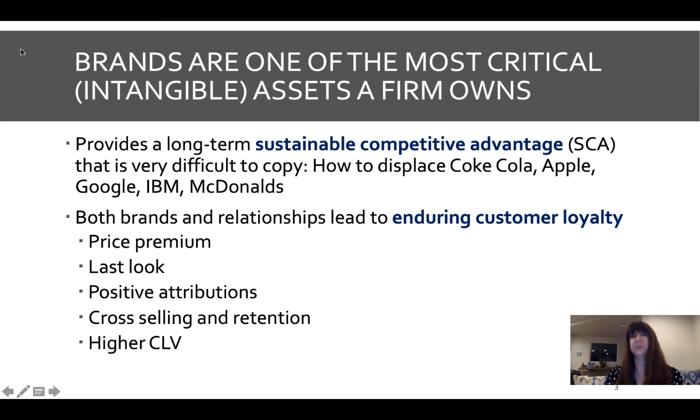And why do we do this? We do this to create what we call a sustainable competitive advantage, meaning that if you have a really strong brand, the people who like you or your target audience of consumers will allow you to have higher price points. You will be the last website or the last product that they'll look at before they're ready to make a decision in terms of purchasing something. You also oftentimes have consumers who have a really positive attitude towards you, and we call this brand love.